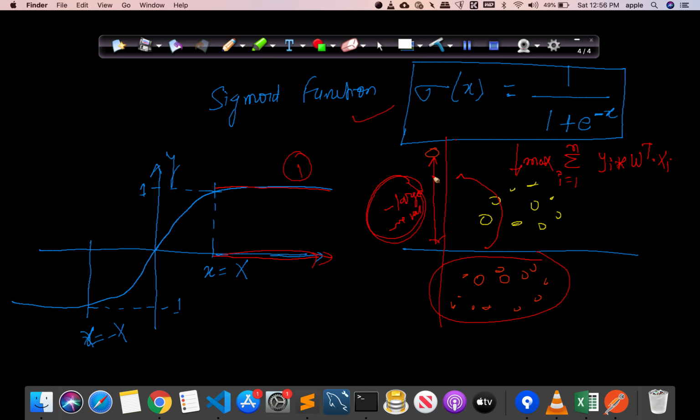The advantage is that even if this point is on the negative side and it is very far away, it will not add to this final answer a very large value, because whether it is 10, whether it is 20, or whether it is 1000, the maximum value that it can have is 1. So even if it is very far away from the point, this will not add up to our final answer. So this is how we will solve our problem.